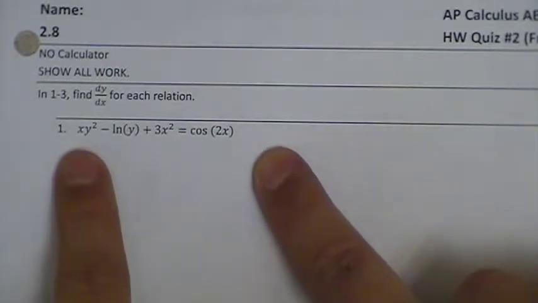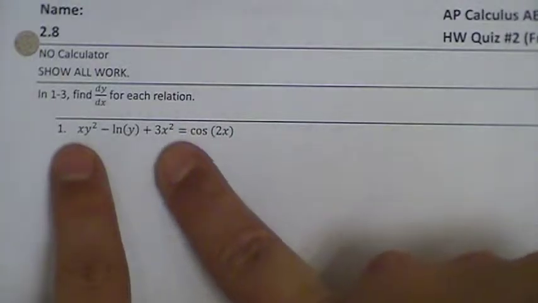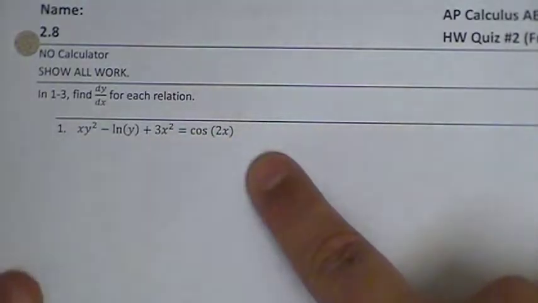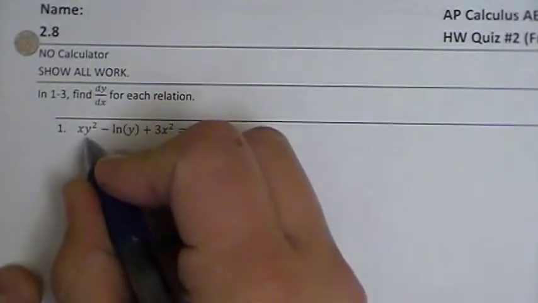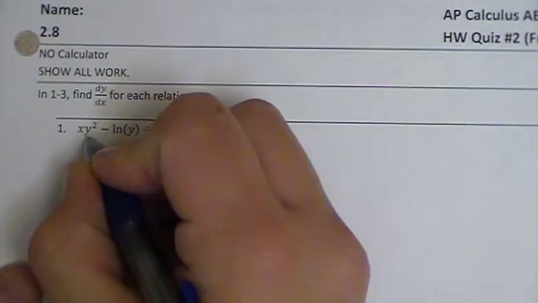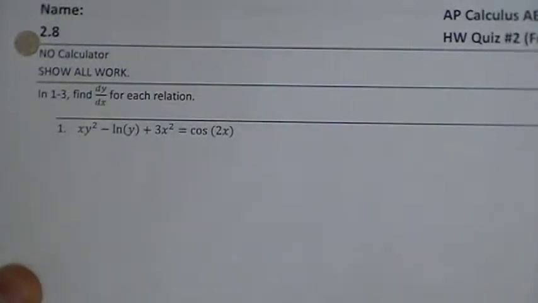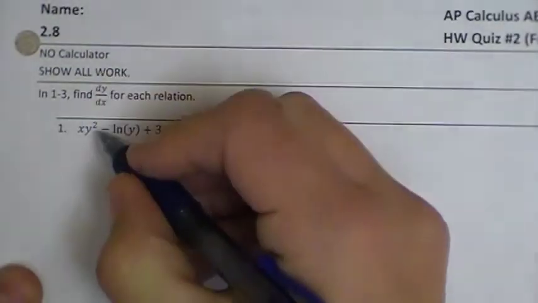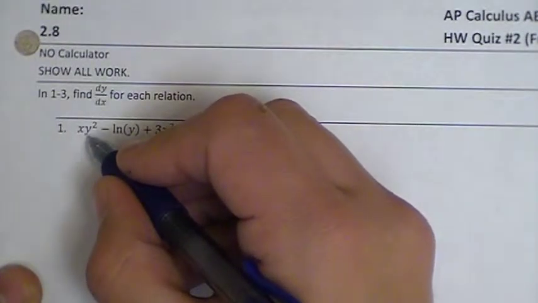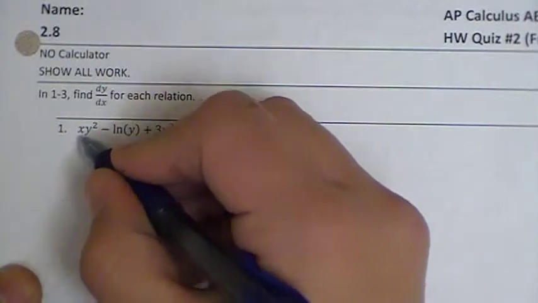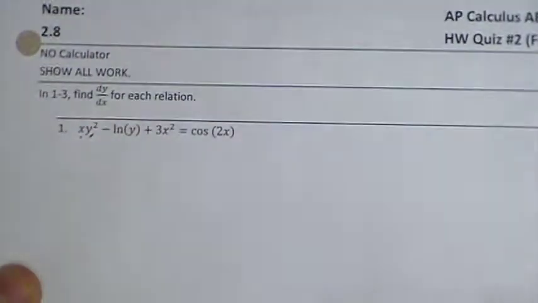It's not solved for y. So to find dy dx, we're just going to take the derivative of the left side of the equation, take the derivative of the right side of the equation, and then try to solve for dy dx. So taking the derivative of x times y squared is going to be a little tricky when you do it implicitly, because what we assume whenever we're using implicit differentiation is that y is a function of x. So this is a function of x, this is a function of x,